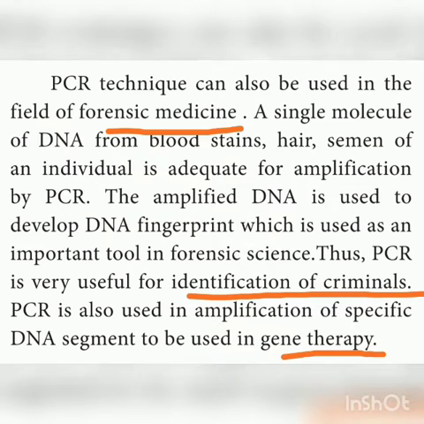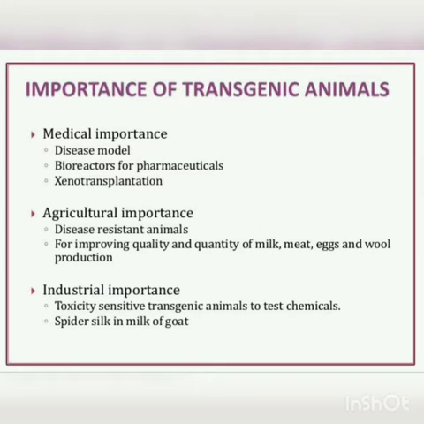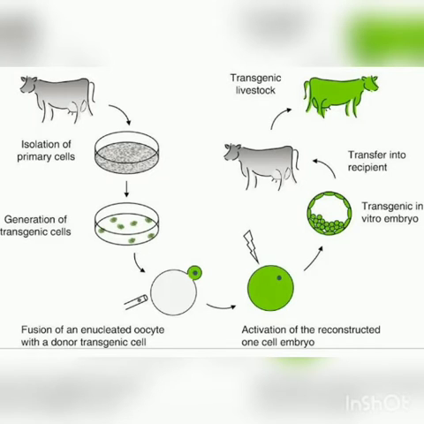Right. Next we move on to transgenic animals. What is meant by transgenic animals? In early days, selective breeding methods were carried out to improve the genetic characteristics of livestock and other domestic animals. With the advent of modern technology, it is possible to carry out manipulations at the genetic level to get the desired trait in animals. Transgenesis.